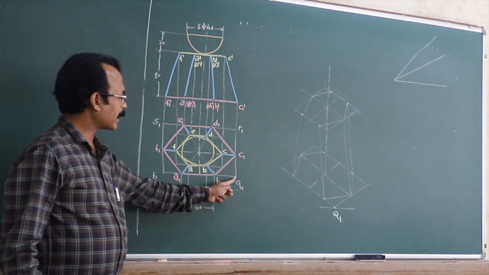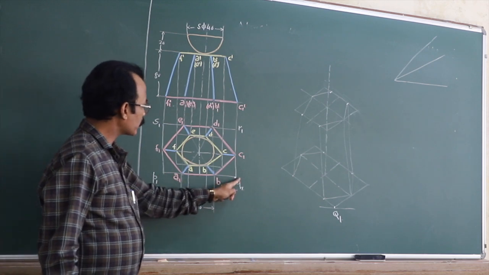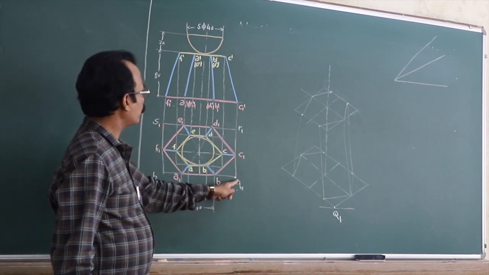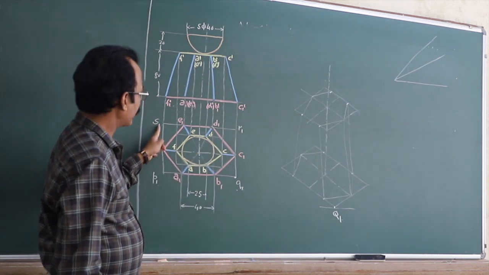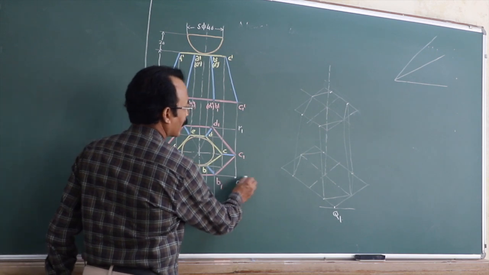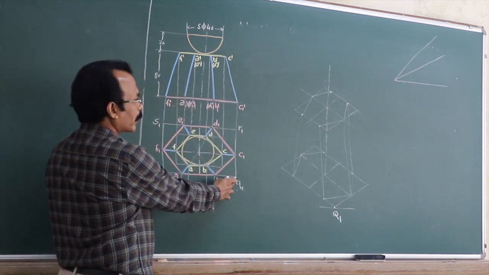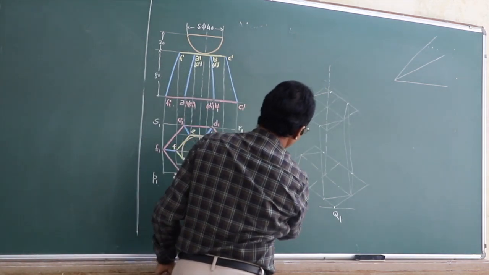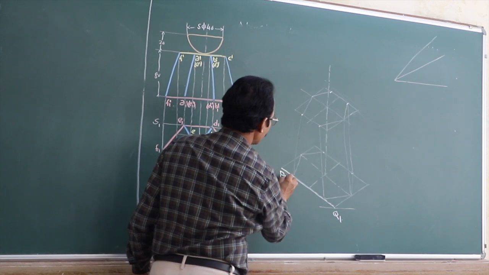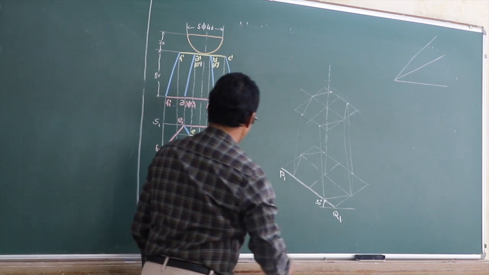Now P1 Q1 is a horizontal line, or before that you enclose this base of the pyramid in a rectangle P1 Q1 R1 S1 and get this rectangle on the isometric projection. So mark Q1, then take this P1 Q1 length with the help of your compass, get it converted, come and mark it here. P1 Q1 at an angle of 30 degrees.